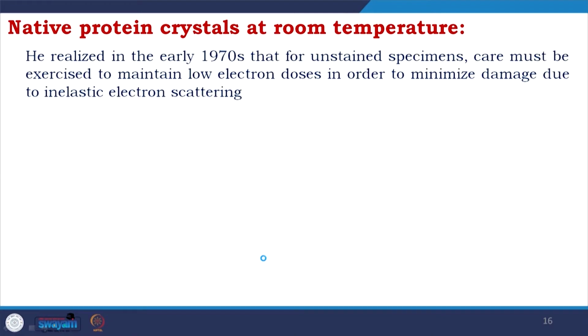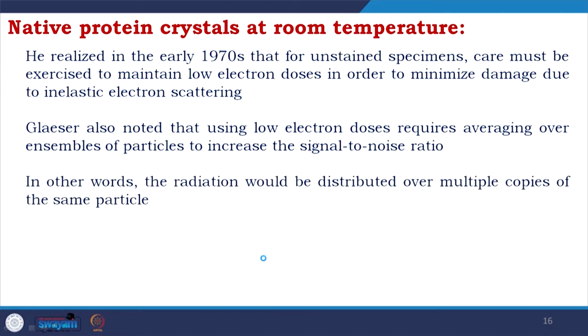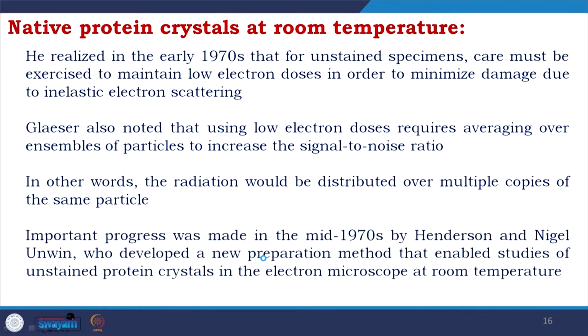He realized in the early 1970s that for unstained specimens, care must be exercised to maintain low electron doses in order to minimize damage due to inelastic electron scattering. Glaisher also noted that using low electron doses requires averaging over ensembles of particles to increase the signal to noise ratio. In other words, the radiation would be distributed over multiple copies of the same particle, and that would be good. Important progress was made in the mid 1970s by Henderson and Nigel Unwin, who developed a new preparation method